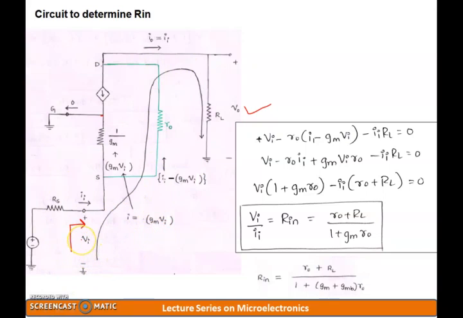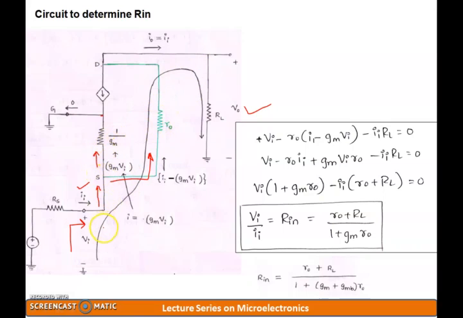Now what is my input current? The input current is the current which is generated because of the input voltage, and it is represented by the term Ii. So Ii is the current which is entering the source terminal over here, and then it takes two paths: one entering the 1 over gm resistance, and the other entering the ro terminal. Now I am most interested in getting the input resistance considering the channel length modulation effect,